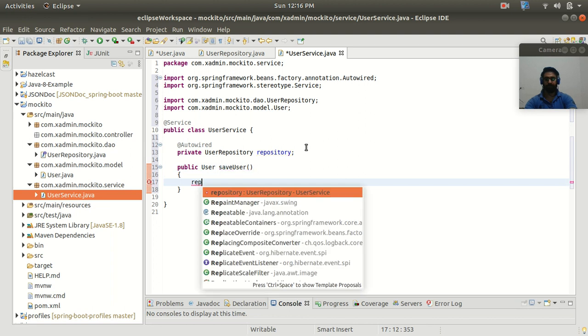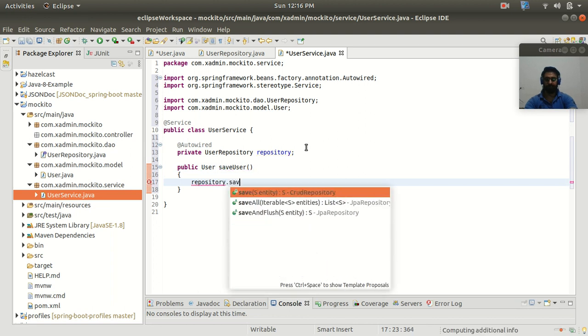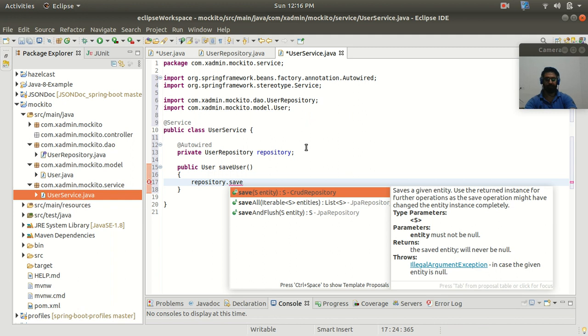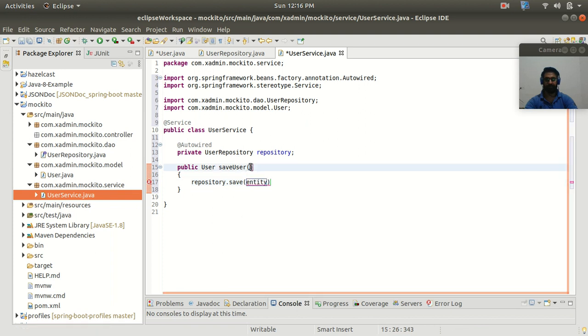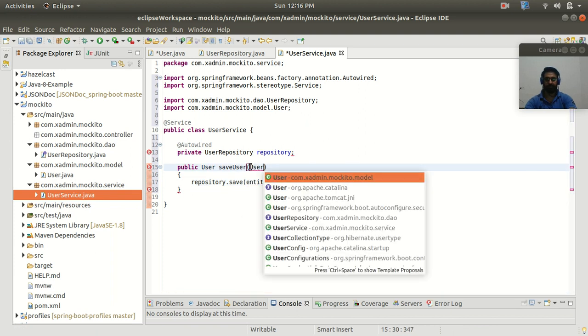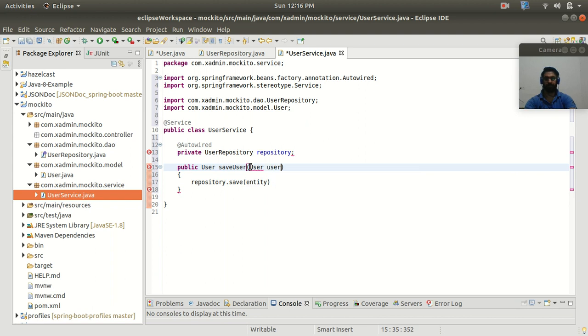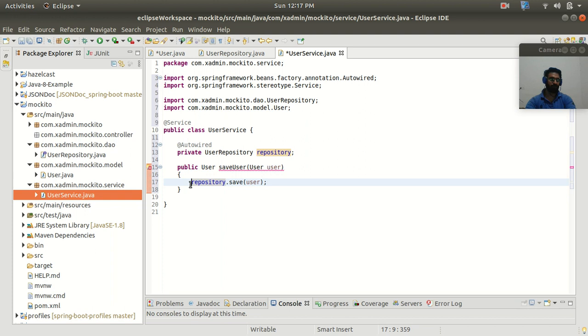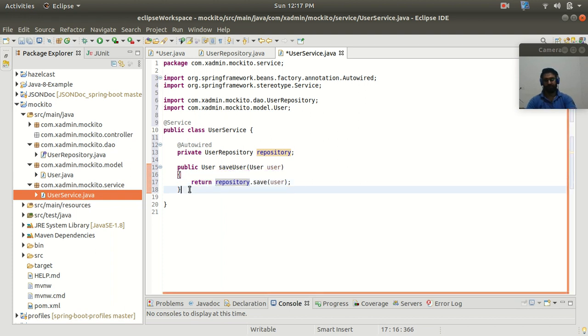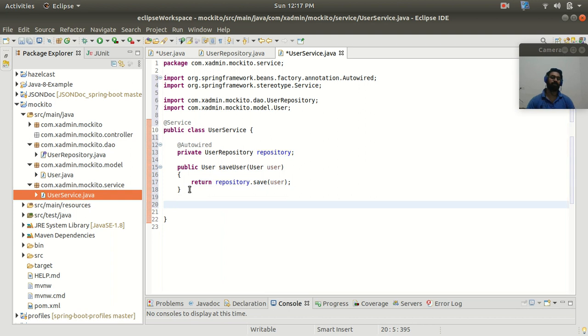So repository. So we have the save method of a JPA repository, and its argument is taking an entity. So it means that here we need to pass some user object. So here let's take user. So we will pass this user here, right? So here it is going to save the new user, and it is going to return that user also, right? So this is the method to save a new object to the database.